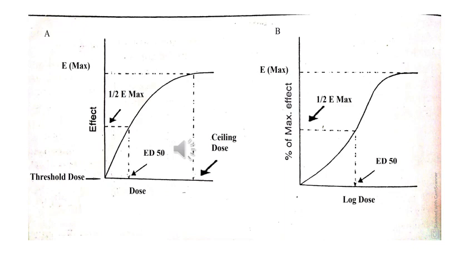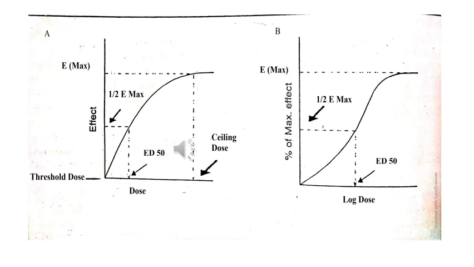Now let us have a look at the points that are written on these figures. The first one is the threshold dose. So what is this threshold dose? It is the minimal dose that produces the desired observable effect, or an effect that is recordable, or a therapeutic pharmacological response. So at this point the pharmacological response starts to appear. That is why it is here at the base point, and above it there is a response.